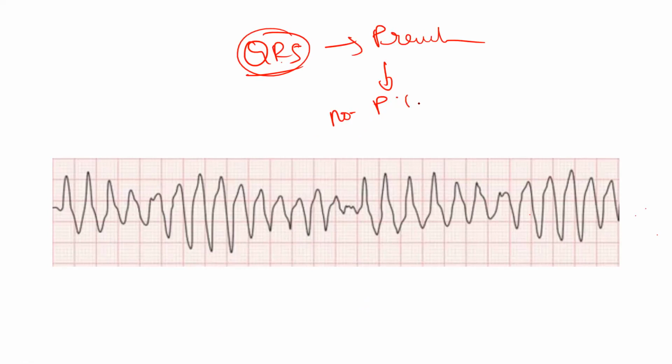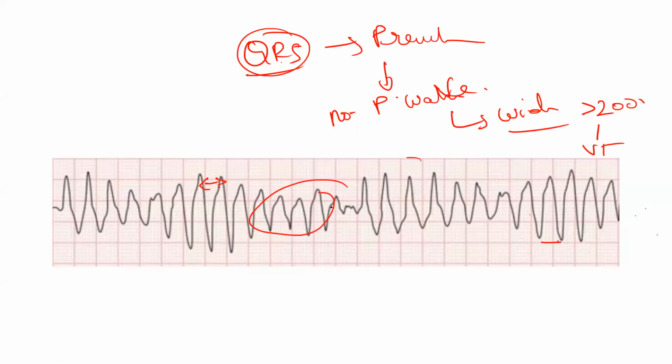What is the next question? Whether QRS is narrow or wide. Do you find it narrow or wide? Wide, sir. It's going to be a wide QRS complex. What is the next one? Heart rate. What is the heart rate here? It's more than 100, almost 200. So what is the rhythm? Ventricular tachycardia. You have different morphology, small and large waves, so it's going to be polymorphic ventricular tachycardia. Excellent, very good, Harish.